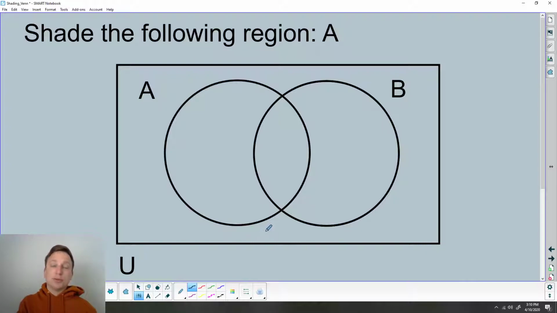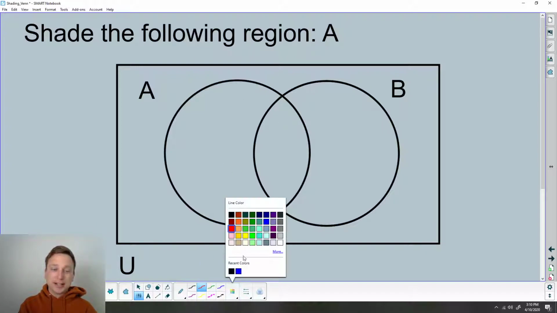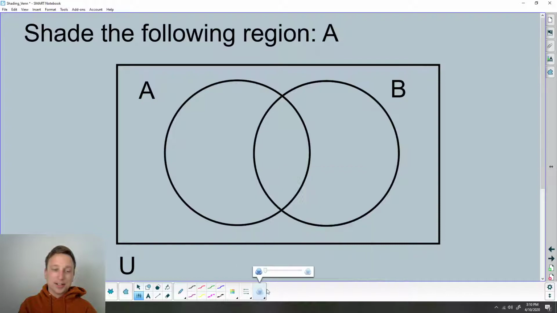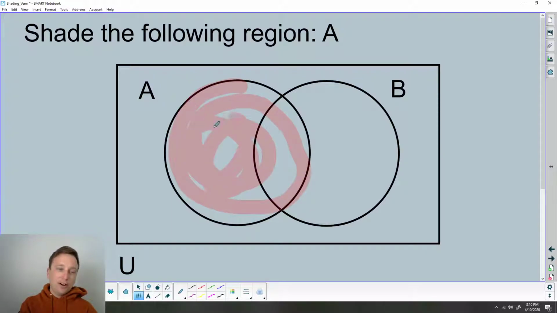And then the second thing we're going to do is name shaded regions of Venn diagrams. I had to make sure I was recording there for a second. So if I want to shade A, we're starting really basic again. I know a lot of you can just look at this probably. So we want to shade set A. Well, we just consider A. There it is. And we want all of this set. So if we want to shade A,